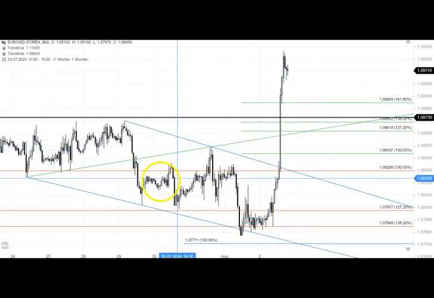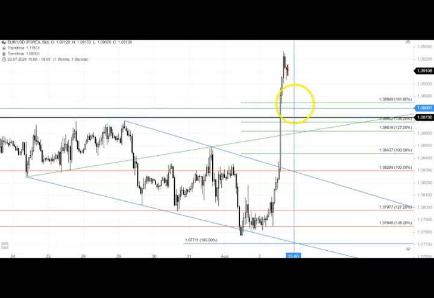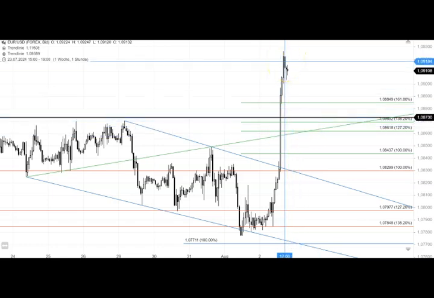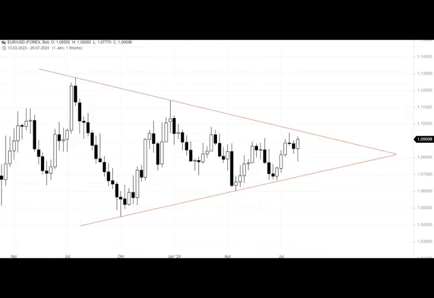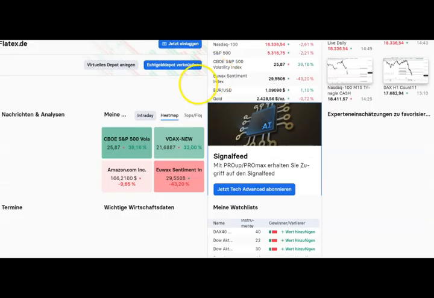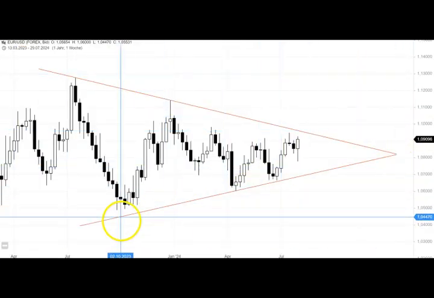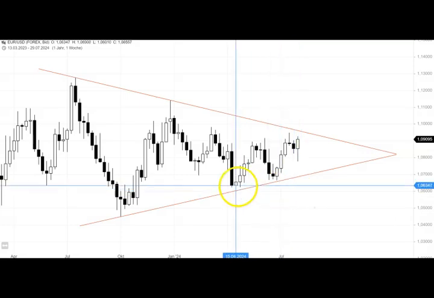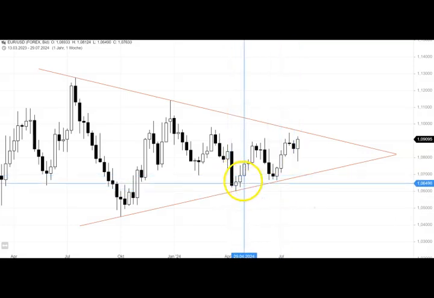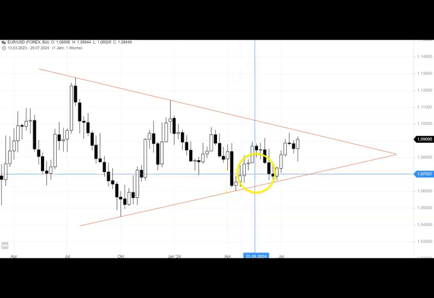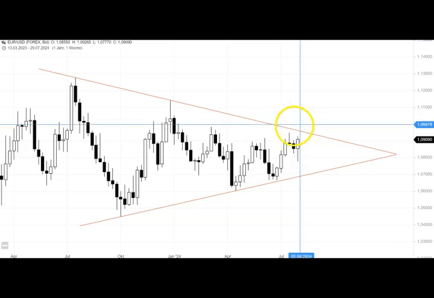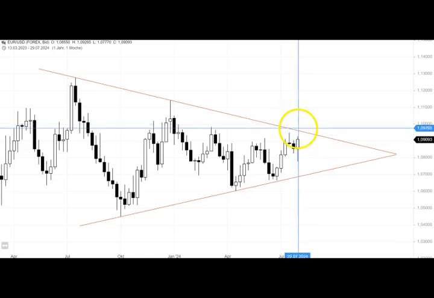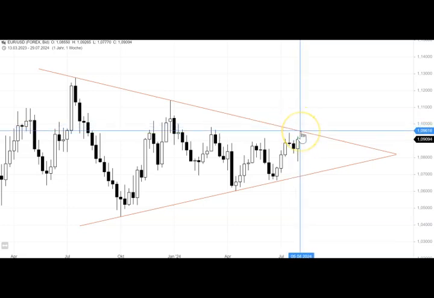We had that green sequence, we had that green target line, but we are still holding our position because we are going for a daily target, which I'll show you in a minute. It's actually out of the weekly. You see here a symmetrical triangle which has not triggered yet. I was posting that somewhere down here the first time a couple of weeks ago, and I kept saying there's a third touch missing right at that upper trend line to be triggered.